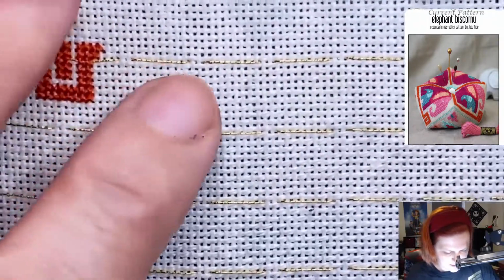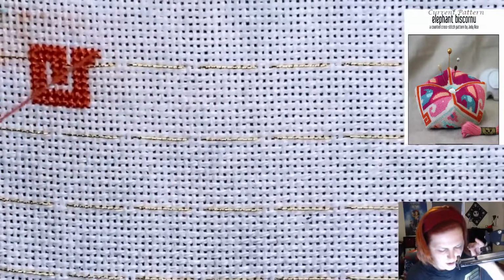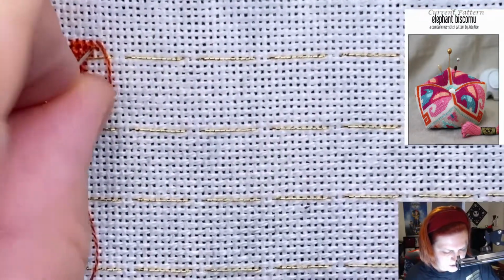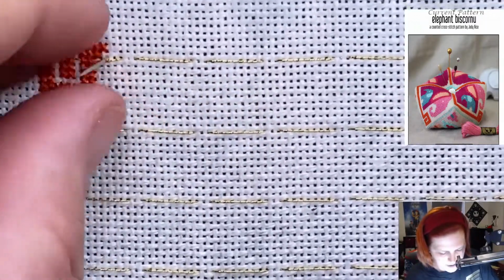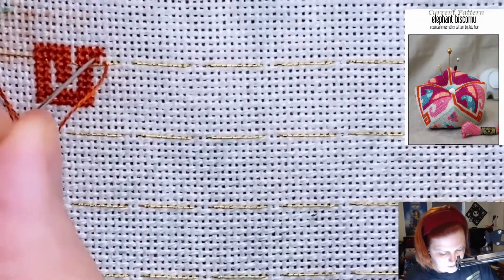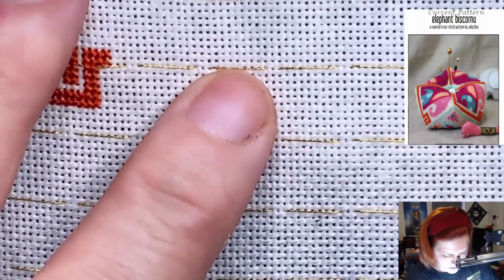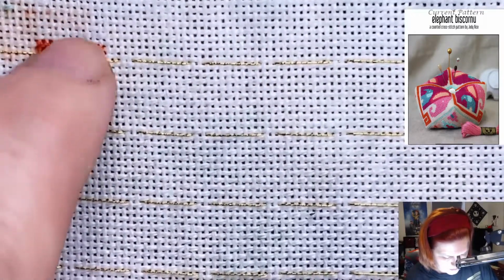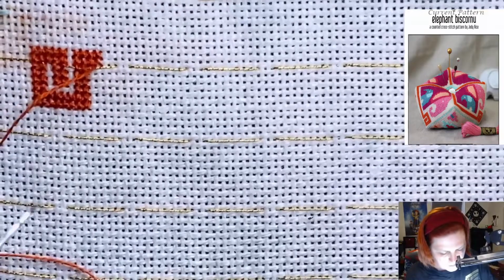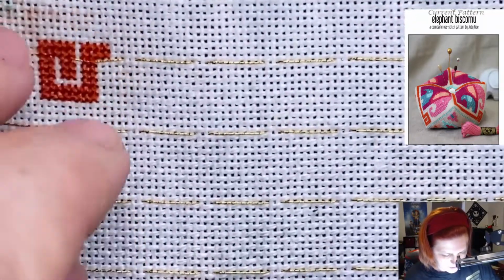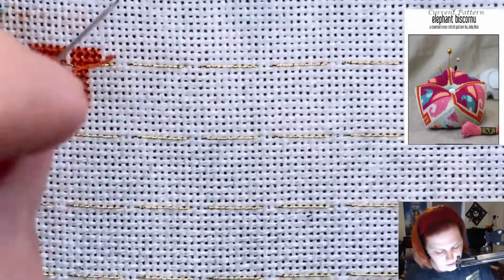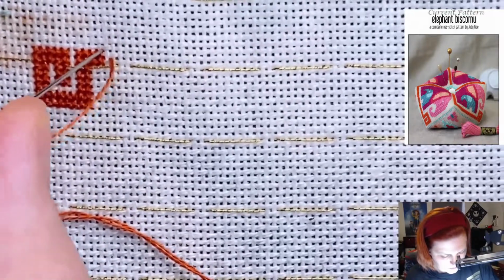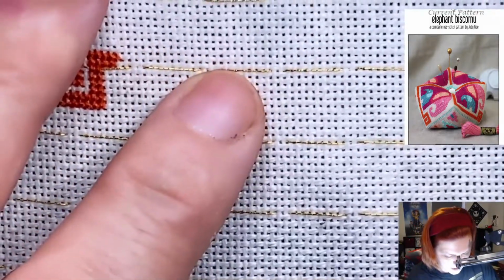Because for one, I can easily switch between the projects. If I want to work on the elephant biscornu, I can work on the elephant biscornu. If I want to work on the rainbow biscornu, I can work on the rainbow biscornu. So, yeah. Definitely, probably will start the rainbow biscornu tomorrow. So we will see. I'm looking forward to it.